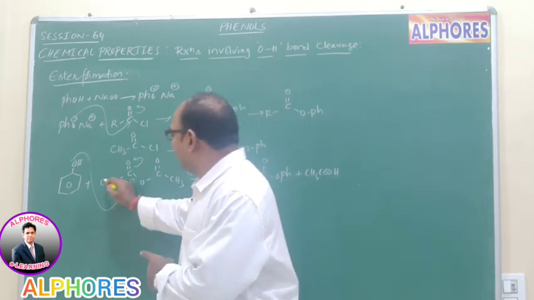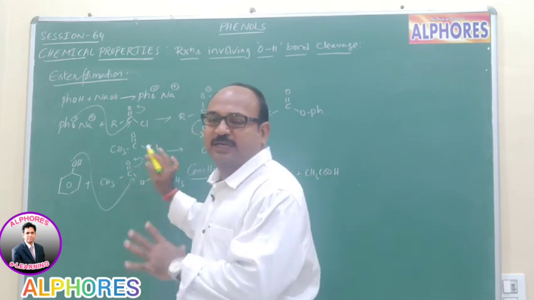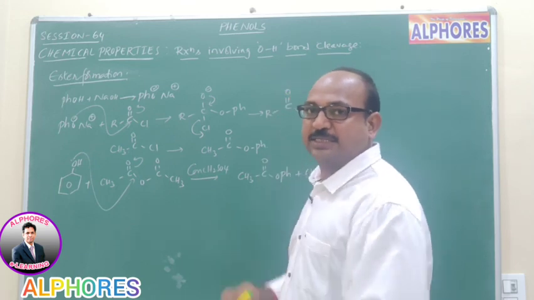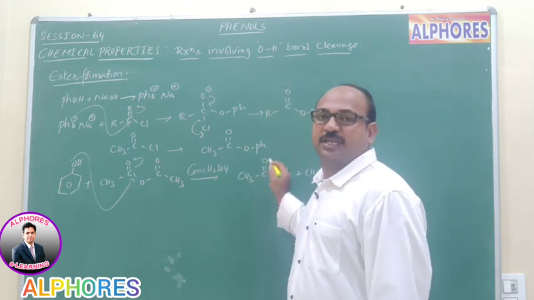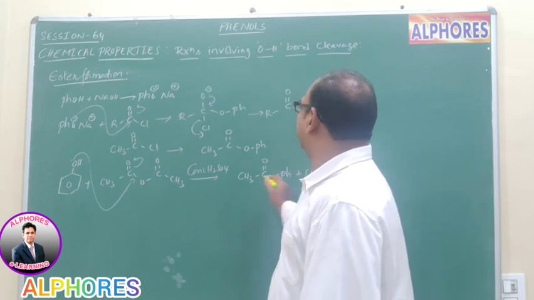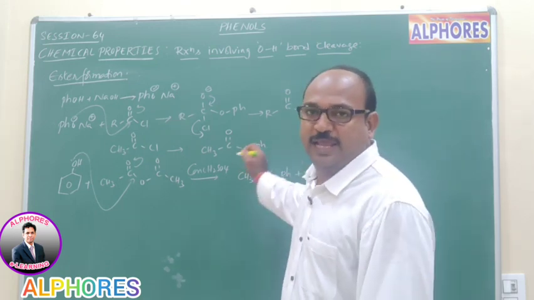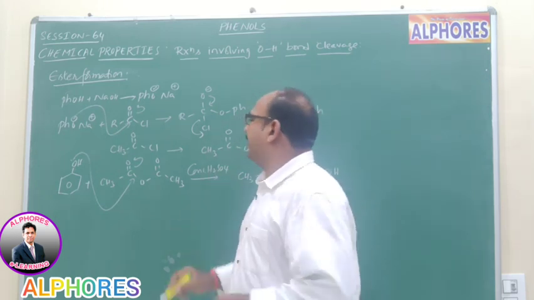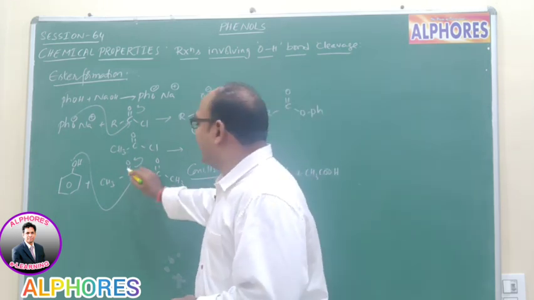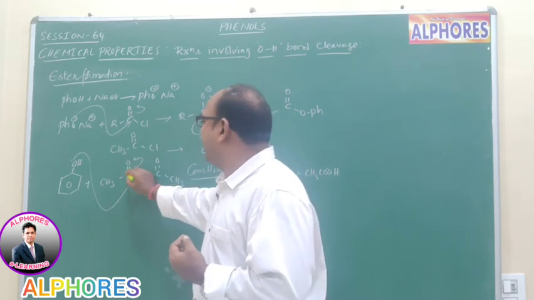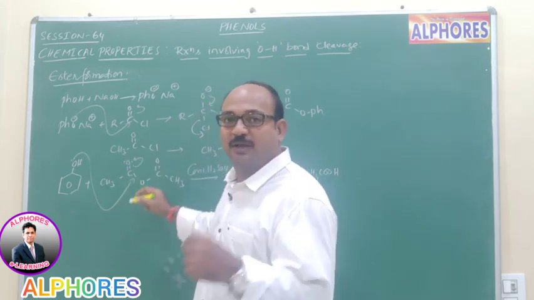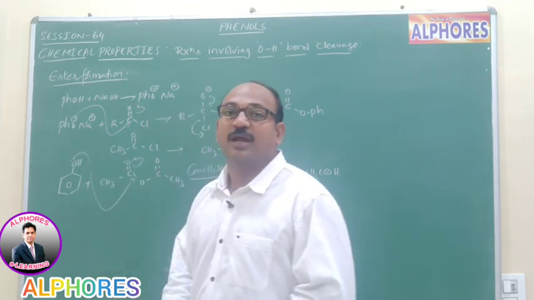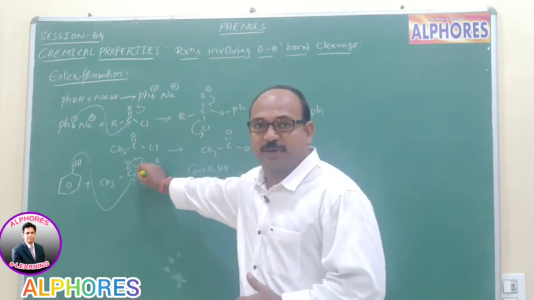That means just like alcohol upon reaction with acetic anhydride, we are getting ester and carboxylic acid. Here also the same: CH3C=OOPh, and this one is nothing but the ester phenyl acetate. Here concentrated sulfuric acid generally acts as a protonating agent, meaning this oxygen gets protonated, which will facilitate the phenolic oxygen to attack this carbonyl carbon.